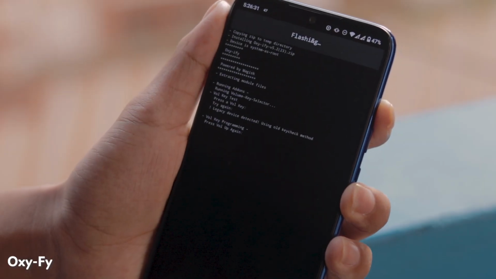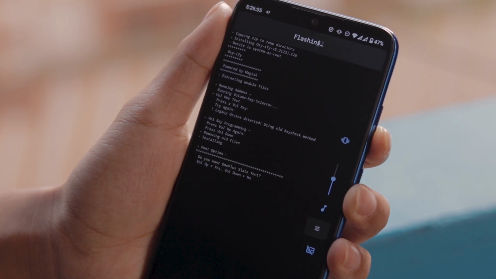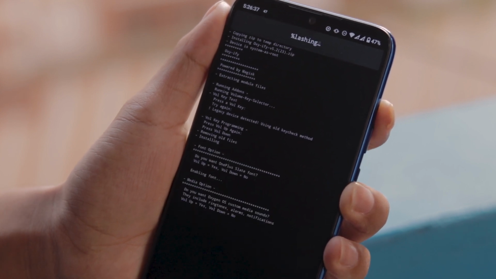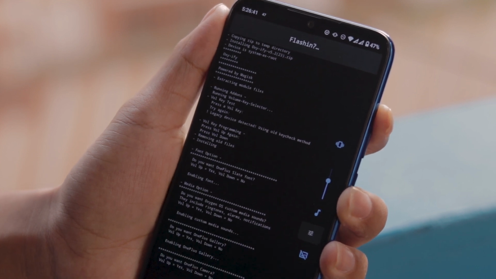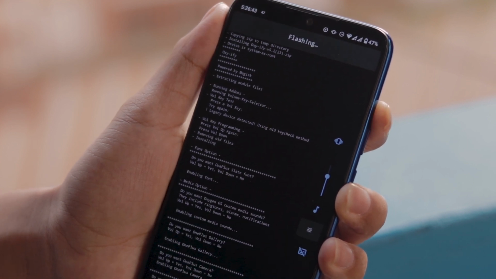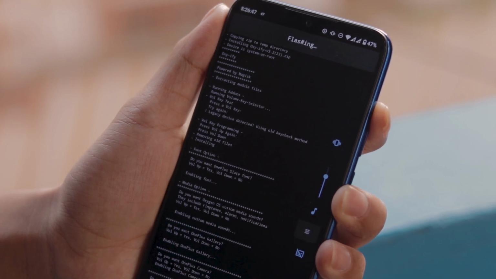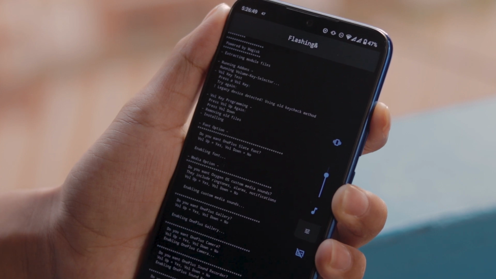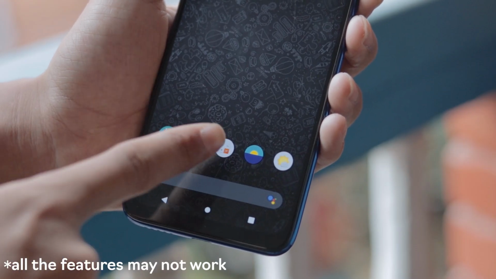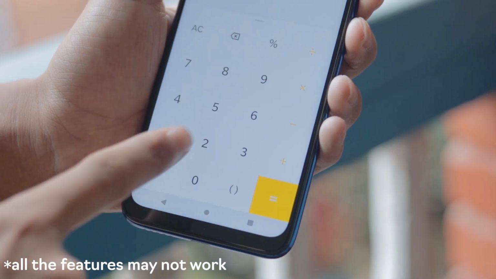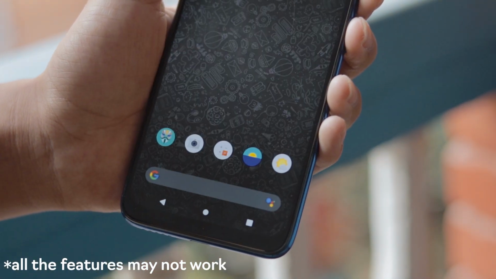Last but not least, we have Oxify. If you are familiar with Android skins and the varieties, most of the people prefer the Oxygen OS of OnePlus after stock Android. And with Oxify module, now you can turn any rooted device into a OnePlus flagship by adding Oxygen OS boot animations, Oxygen OS custom media, and different Oxygen OS apps like camera, gallery, weather, and even OnePlus Slate font. This is a great module for Oxygen OS lovers who don't have the OnePlus devices.